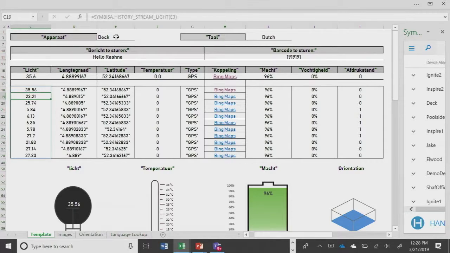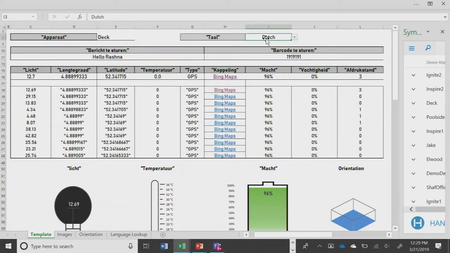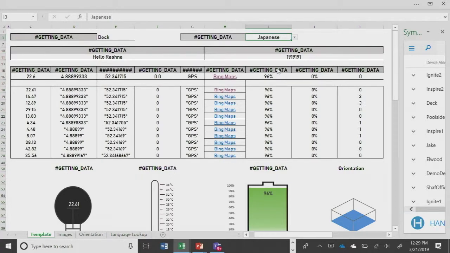Now, the other thing that you probably noticed about this sheet is that the labeling on this thing is all in Dutch, right? That doesn't necessarily have to be the case. You probably looked at this and said, well, up here in the corner, this guy's got a language drop down, and I can actually, if I want, translate this entire sheet very quickly into Japanese.